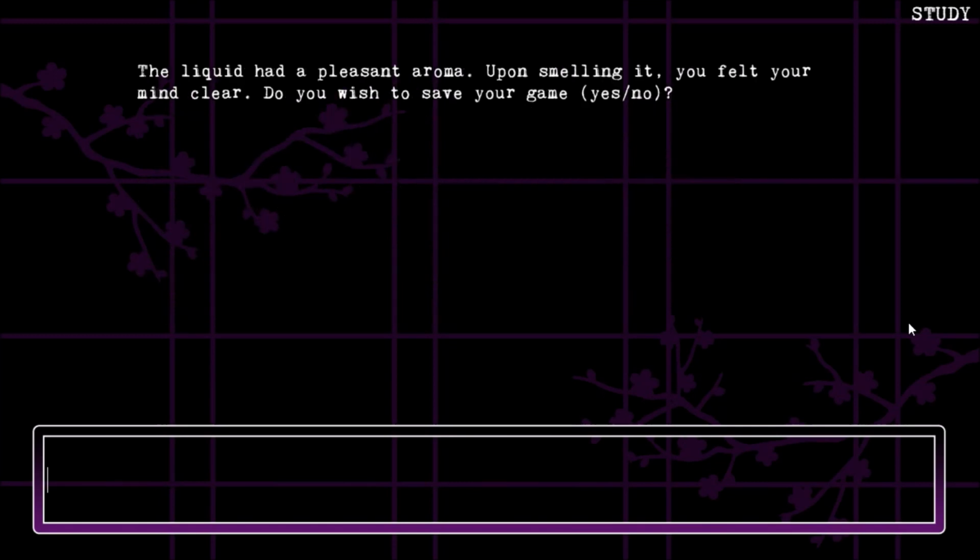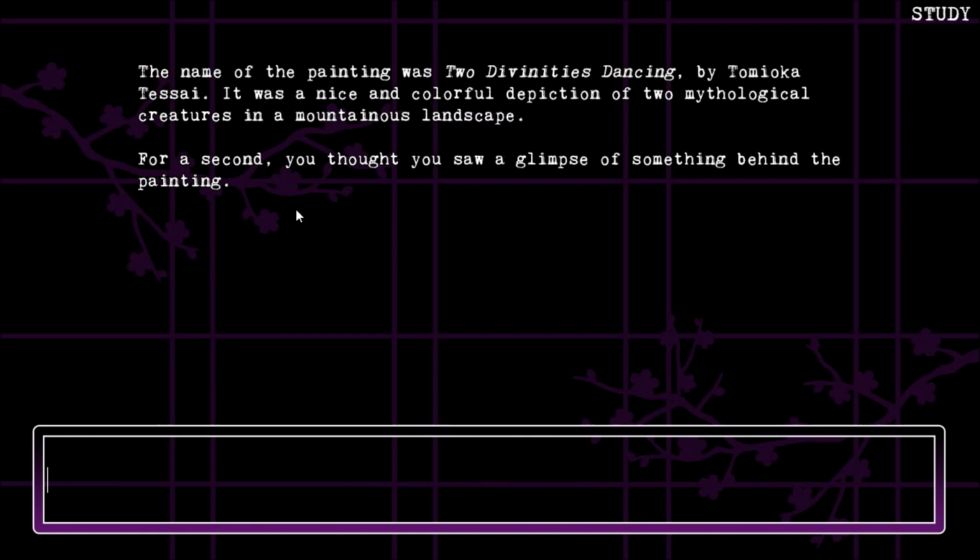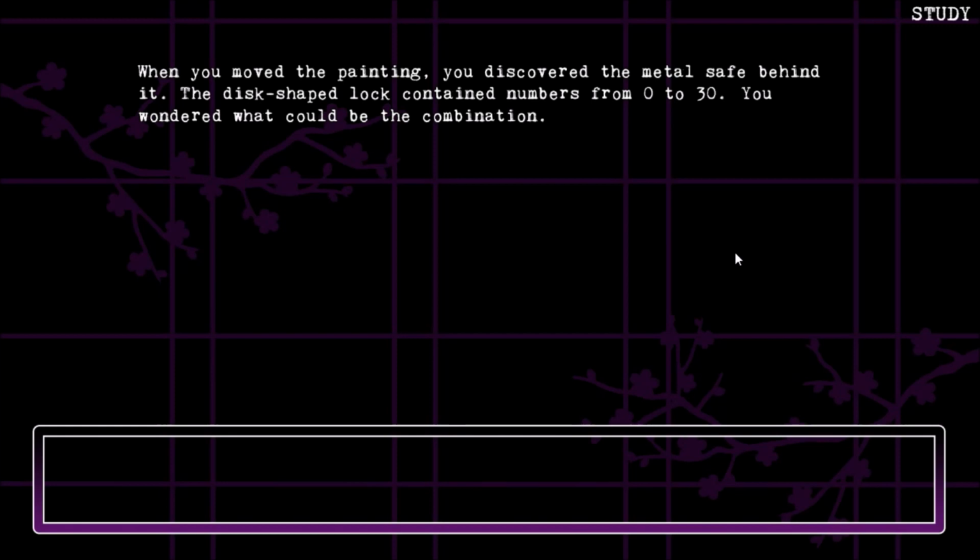So you can save here again, and then you see behind the desk a replica of a painting by a famous Japanese artist. So you actually look at the painting, and you thought you saw a glimpse of something behind the painting. Yes, there is a safe there. So we go remove or move painting, or use painting. I think all these commands are valid. So you just go in